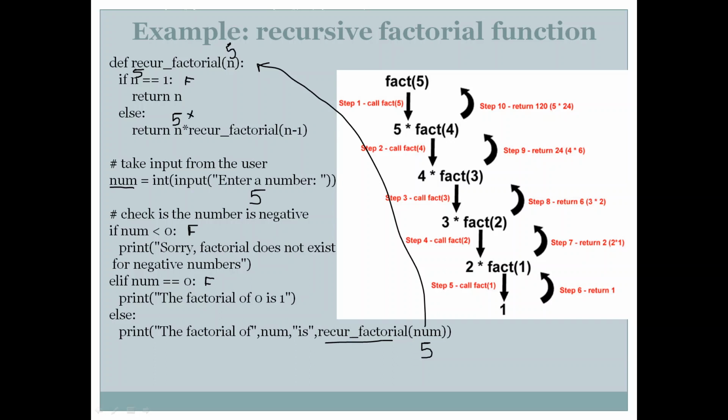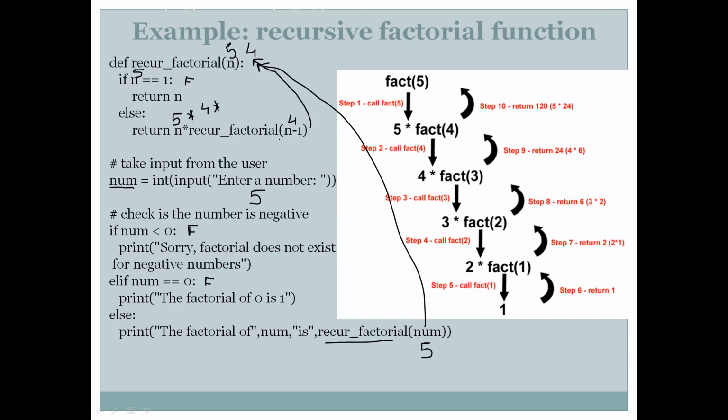into recur factorial. We are again calling the function, and the new value which we are passing to recur factorial is n minus 1. That means 5 minus 1, that is 4. So from this point it again calls recur factorial, passing the value 4. Again the code executes, it checks if 4 is equal to 1, no, it is false. So it will again calculate n into, now the new value of n was 4, so it will calculate 4 into